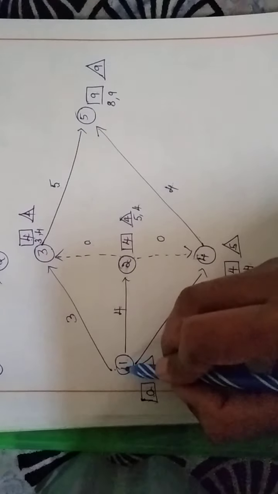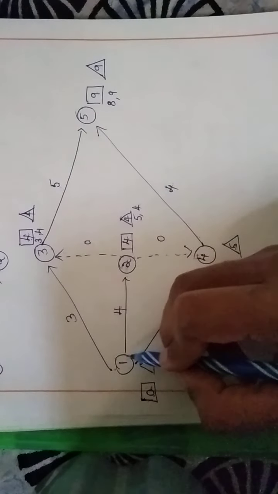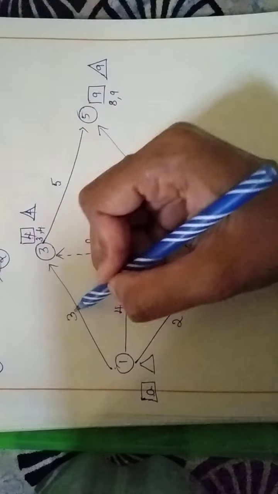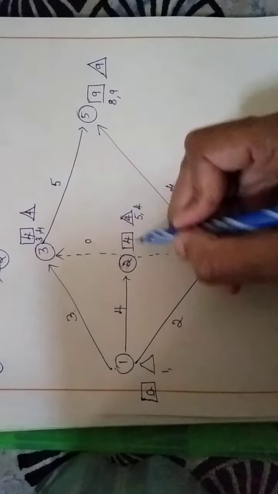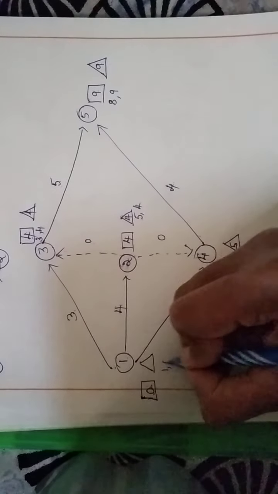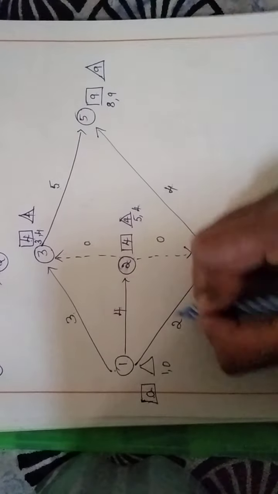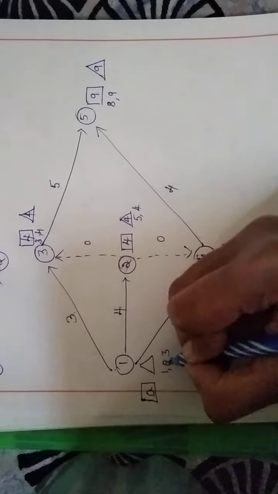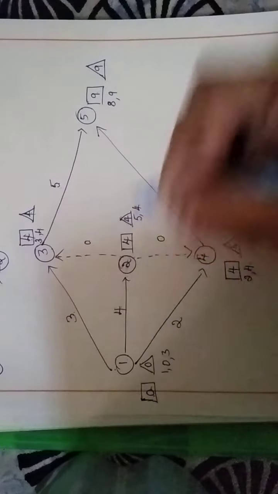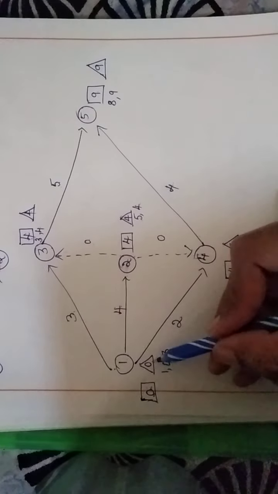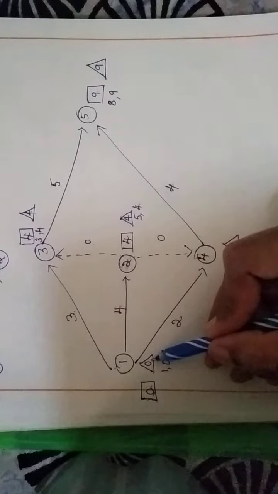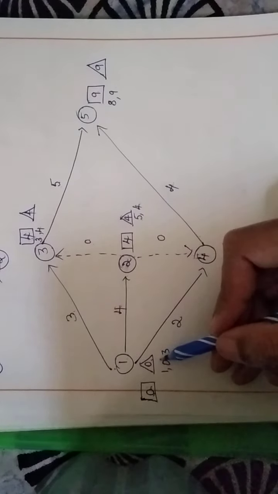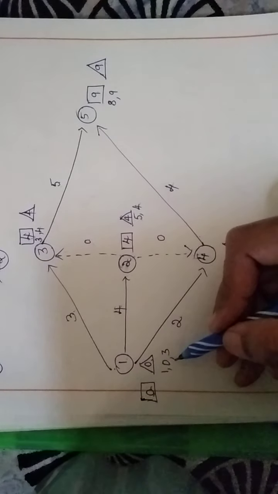Coming here, for this particular node we have to calculate the latest finish time. If you observe here, we have 3 arrows going from here, right? So first I'll take this 4 minus 3 is 1, comma, now 4 minus 4 is 0, now 5 minus 2 is 3. If you compare these three values, 0 is the least, so I am writing 0. So if you observe here, at the initial point you end up with 0, is it not? So this is how we calculate the earliest start and the latest finish time.